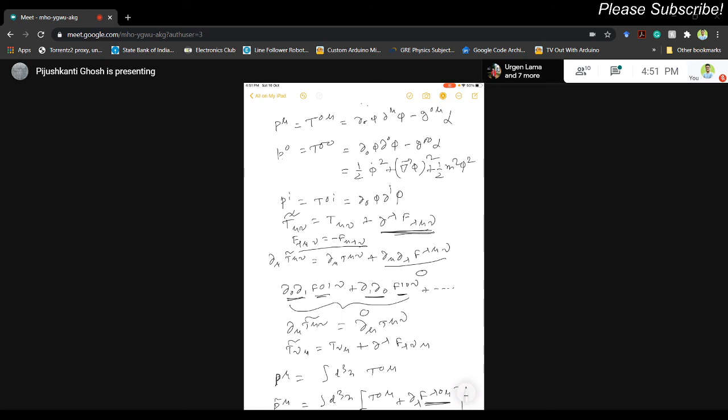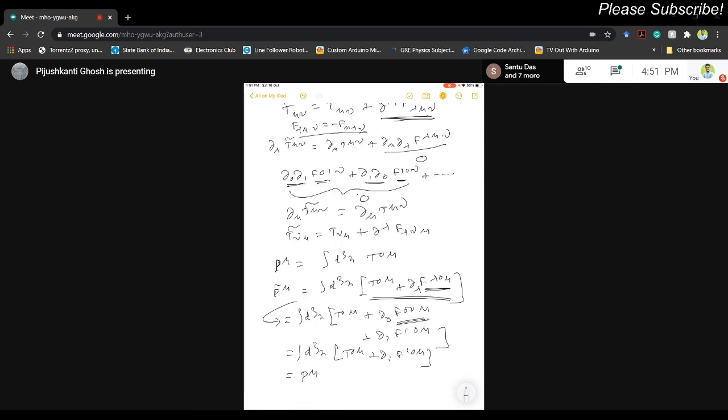I have talked about only one pair, but you do the calculation at home for as many pairs as you want. Okay, you will see that pairwise they will cancel with each other, and this term will be equal to 0. So you are left with del mu t mu nu tilde is equal to del mu t mu nu. So that means although t mu nu tilde and t mu nu are different, their total divergence gives the same thing. Okay, and next I applied that theory because I am adding, and I show that the total derivative of those quantities are identical.